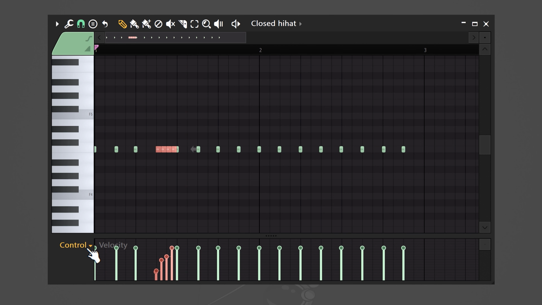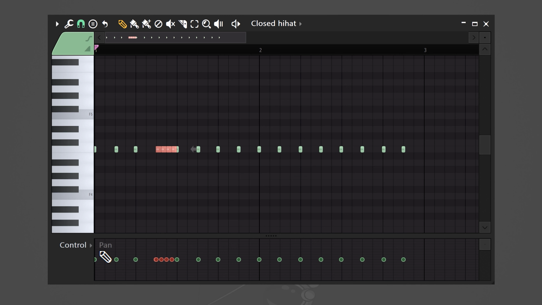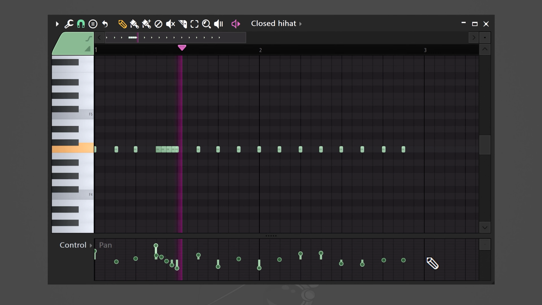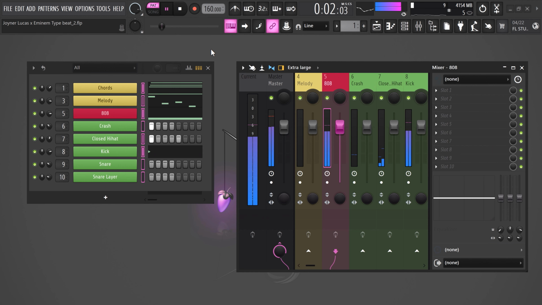Then if you go to the menu on the left, you can choose panning. With this control, you can decide how much the hi-hat will be played to the right or to the left side. Now, if you create a curve like this, the hi-hats will move around in the mix and it will create kind of a stereo effect. And now it's time to take everything together and